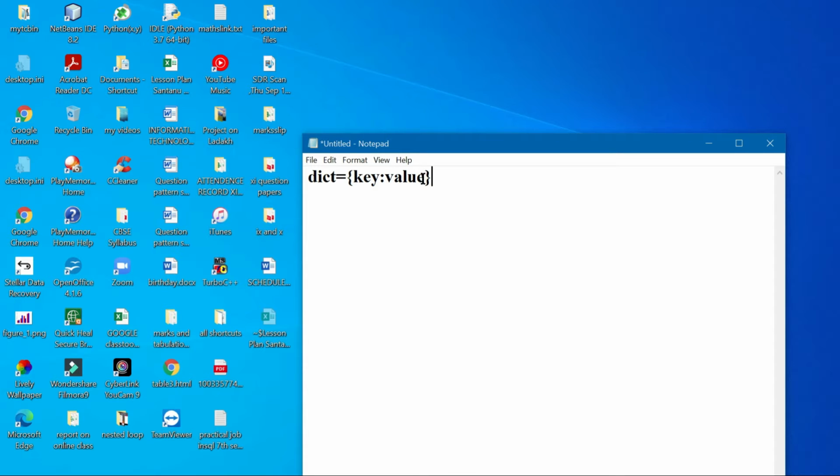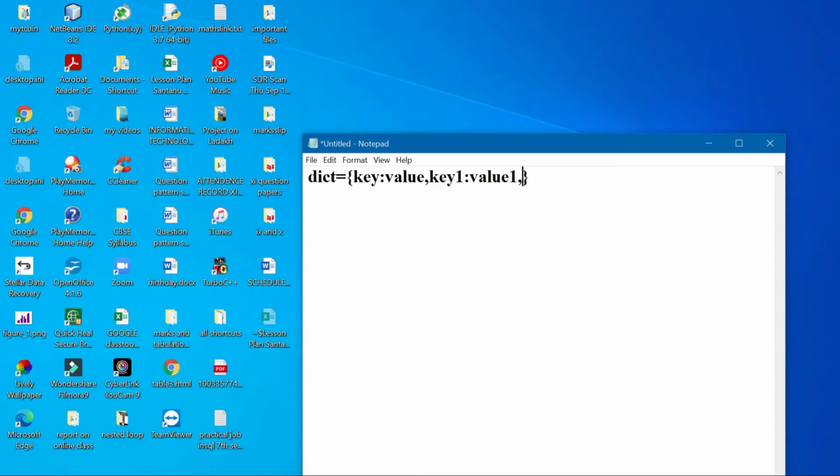You can have more than one item separated by a comma. Between key and value there will be a colon symbol, which functions as a separator between key and value. If you take another key, say key 1, and value 1, this is the second item.